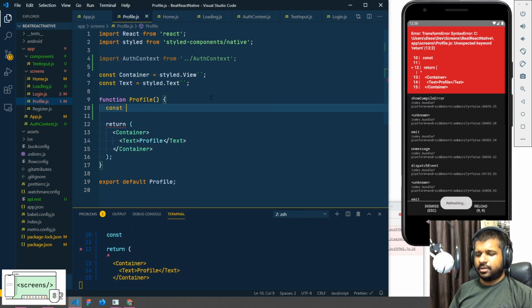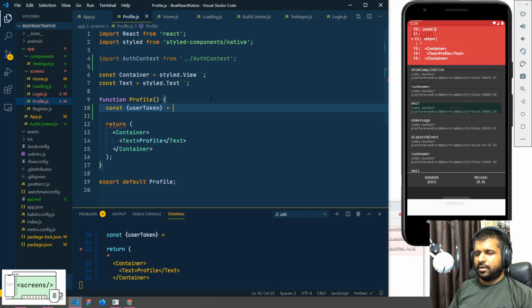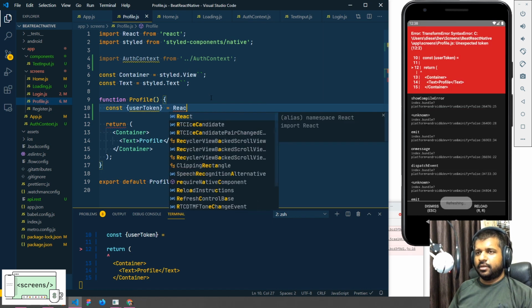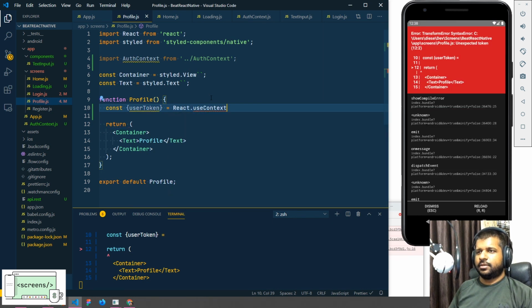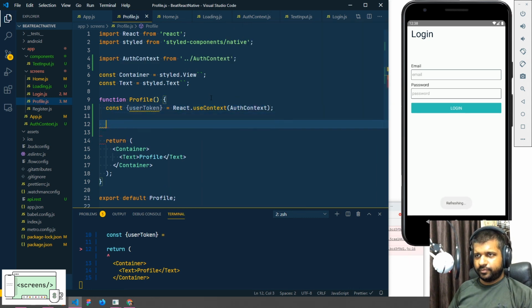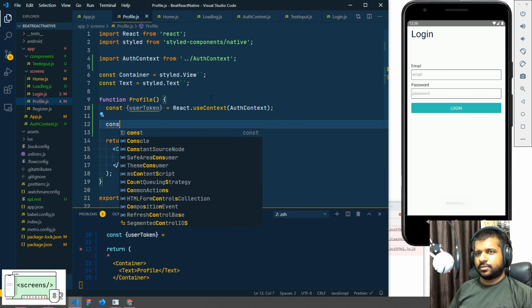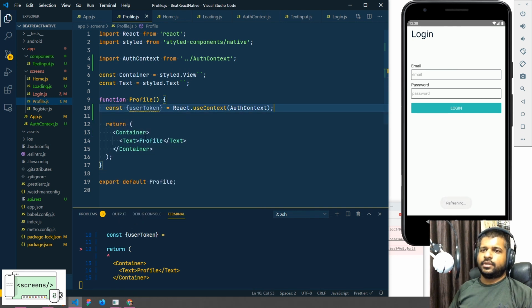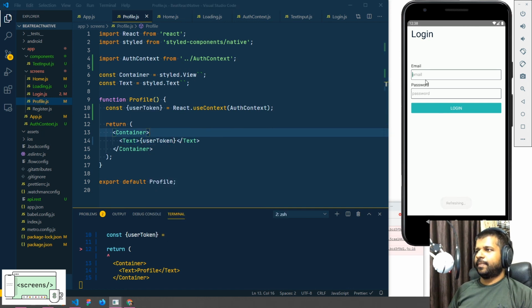We're gonna destructure user token and use context, and we are going to pass auth context here, and I'll just show you, or for the heck of it I'll just log it here, user token. Okay,